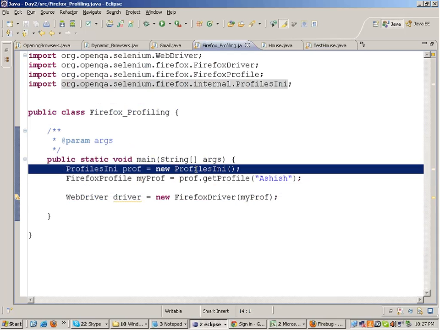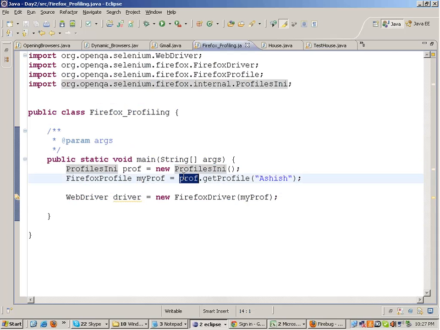I get all the profiles present in my machine, and from all the profiles I get the profile Ashish. Right, and I write WebDriver equals new FirefoxDriver and pass over that particular profile in the FirefoxDriver object. So that FirefoxDriver will be initialized with that particular profile.